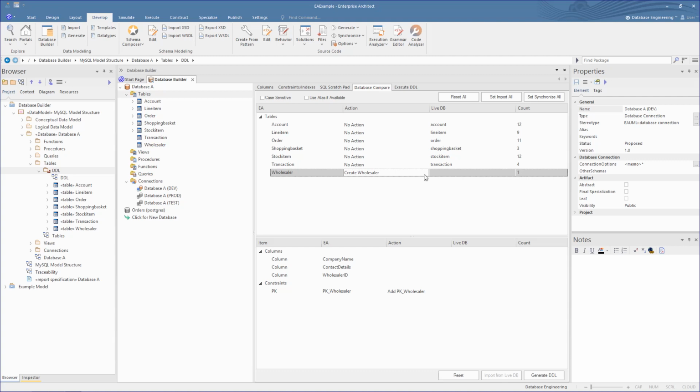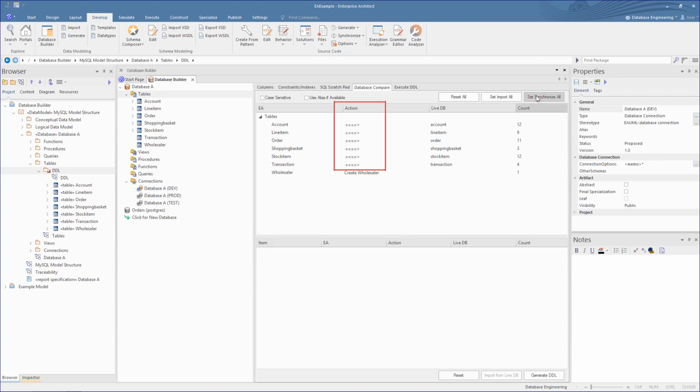Using the Action drop-down, we see the option to create it in the database. For simplicity, we are just updating the model to the database, so we can just click on the Synchronize All button. This sets all the tables from the account down to transaction as a one-way update to the database. We will reset this and run through these in more detail using specific actions to show you the options that you can take for cases where a more precise process is required.